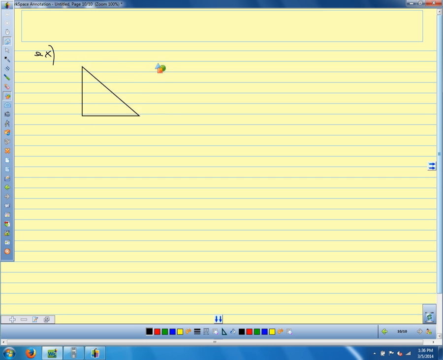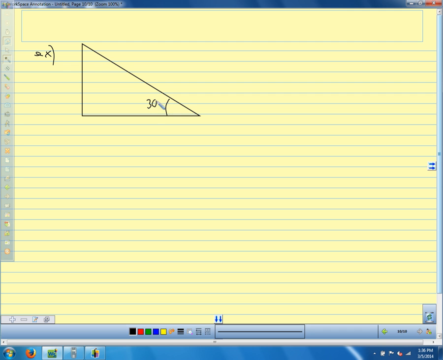So here's our triangle for this problem. We know that this is a 30-degree angle. And let's make it a little different. Let's do a 32-degree angle, so we don't have a 30-60-90 triangle. So 32 degrees, and this side is 12, and this is x. And our problem says to find x. So let's